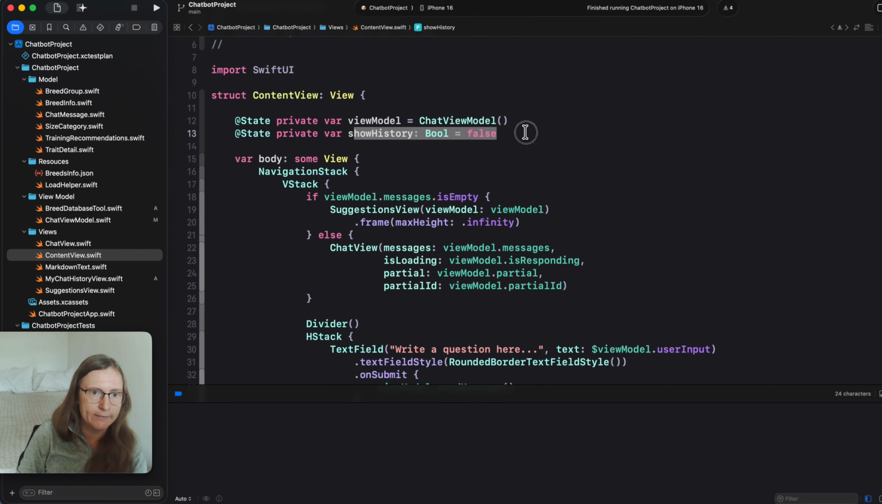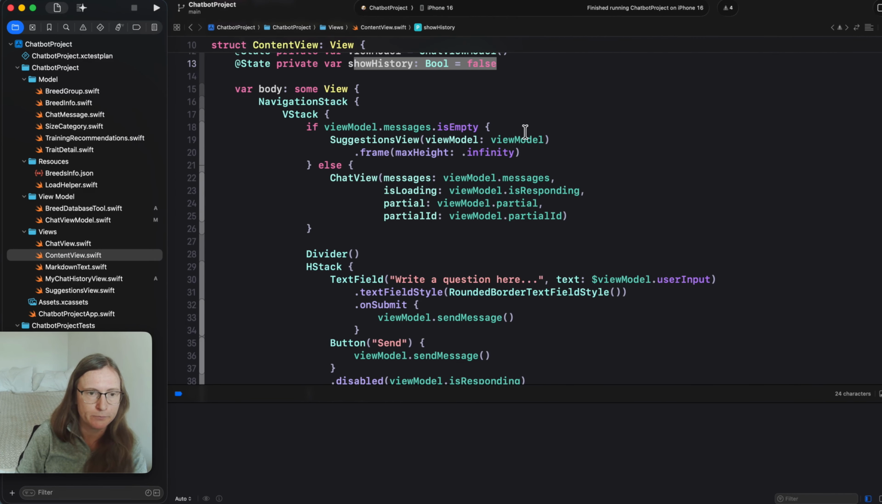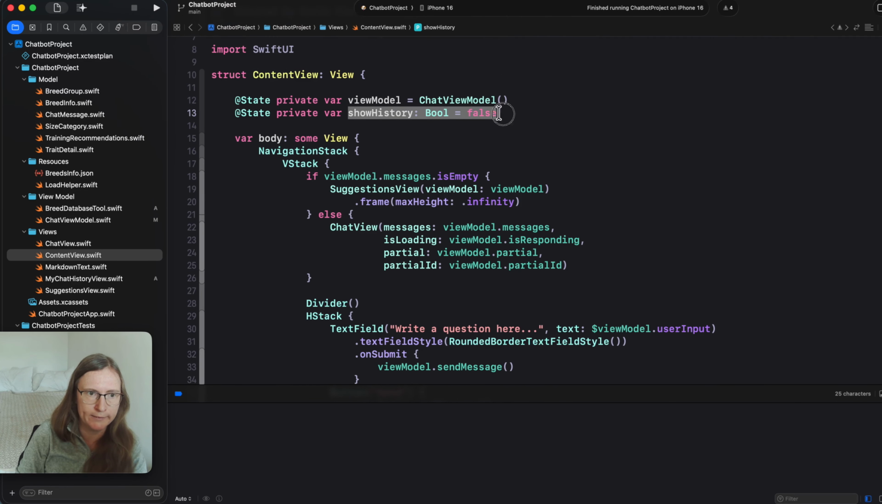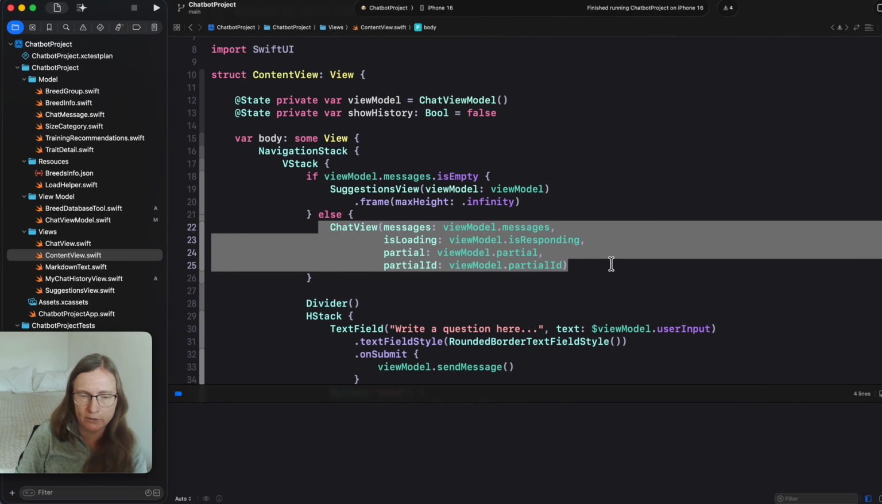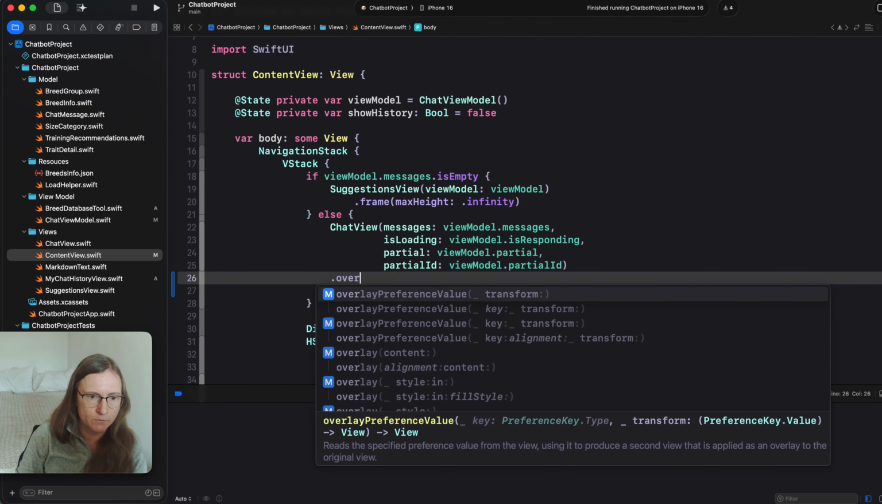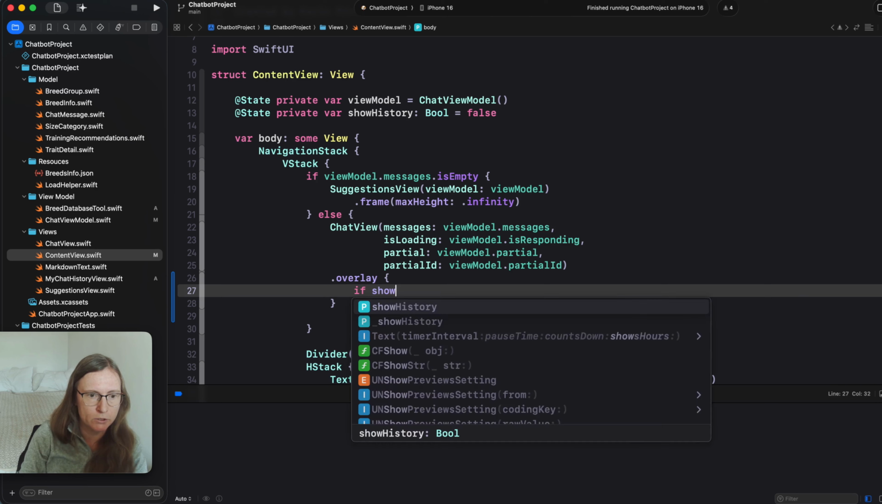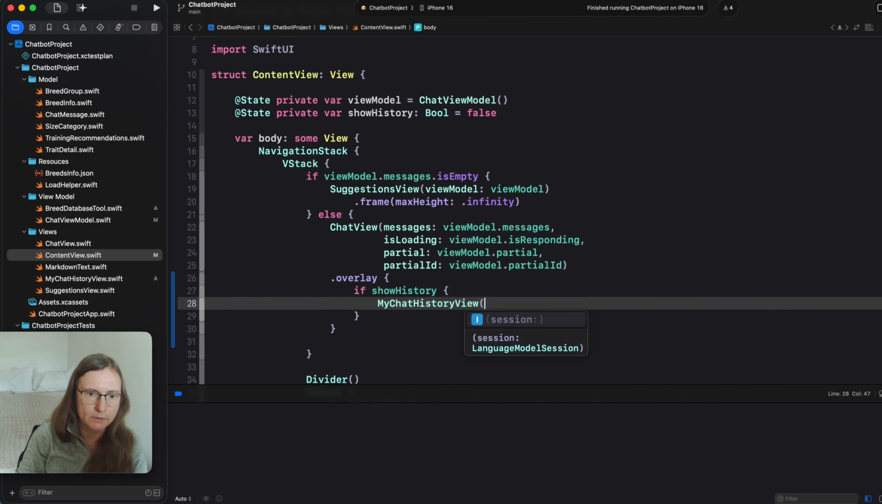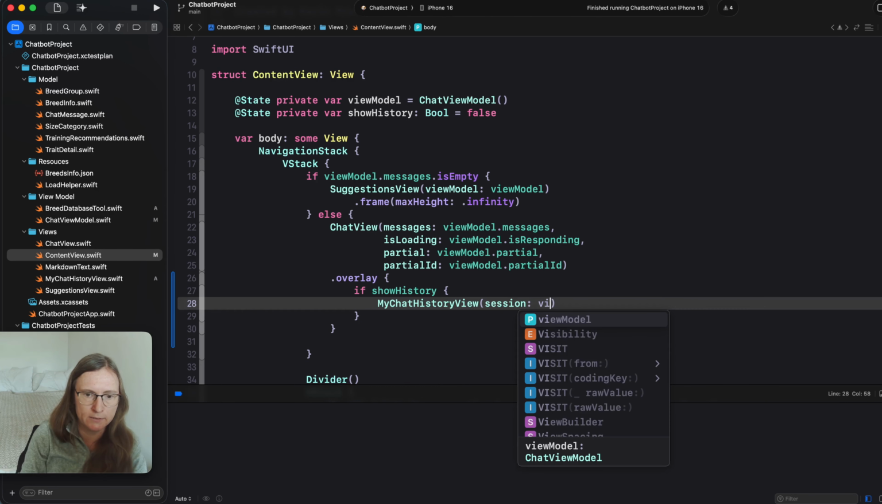I already added a toggle show history button that currently does nothing. So what do I want to do when this is true? Instead of the chat view, I want to show this one. So this is an overlay. If show history, then I want to show this, and this is in the view model's